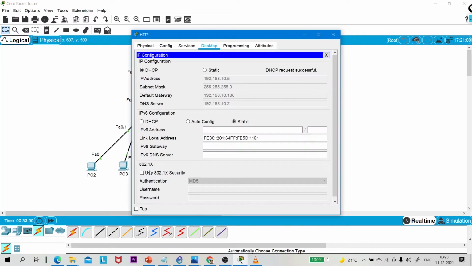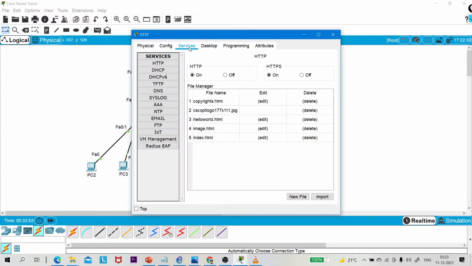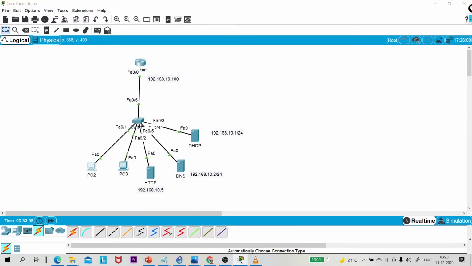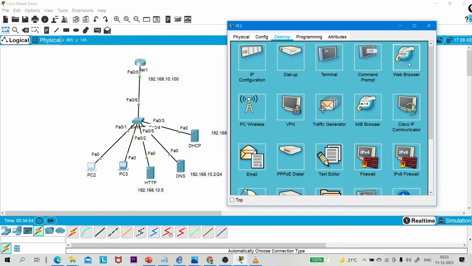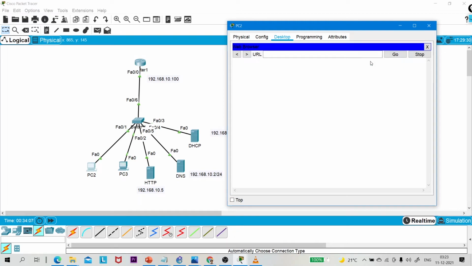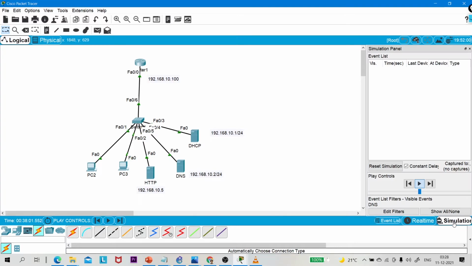So let me enable the HTTP service on this server first. The HTTP service is on by default. Okay, so let me open the web browser and write the domain name over here, right? www.pmnetworking.com and turn on simulation mode so you can see the packet.